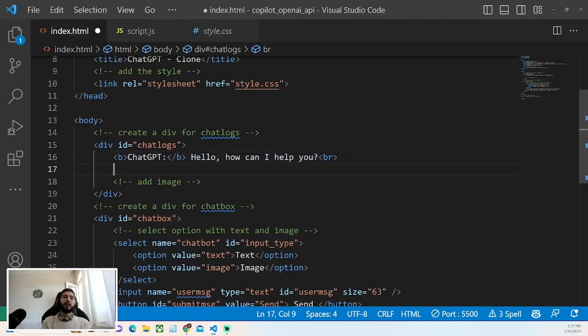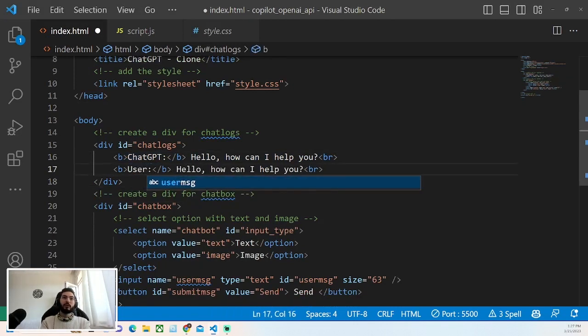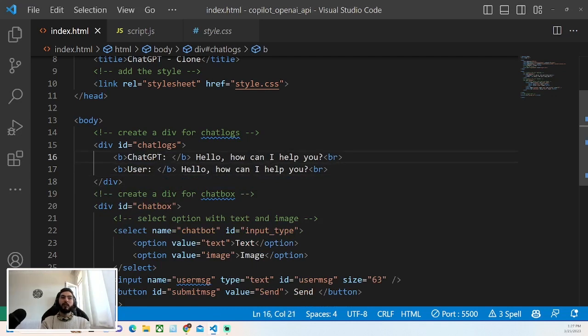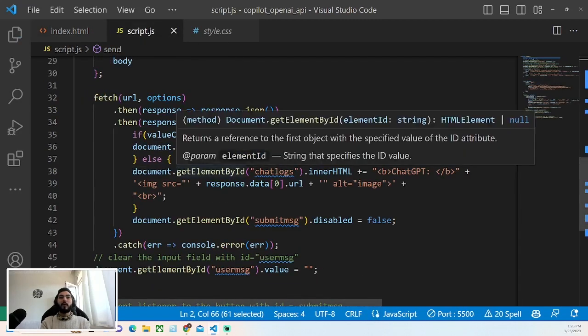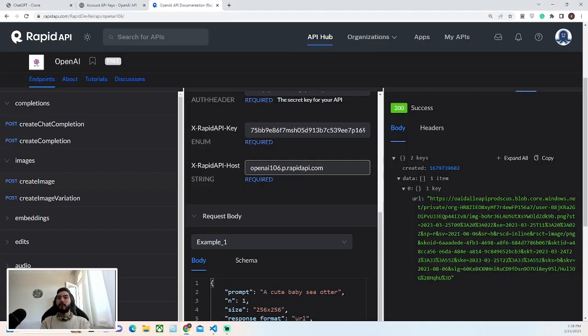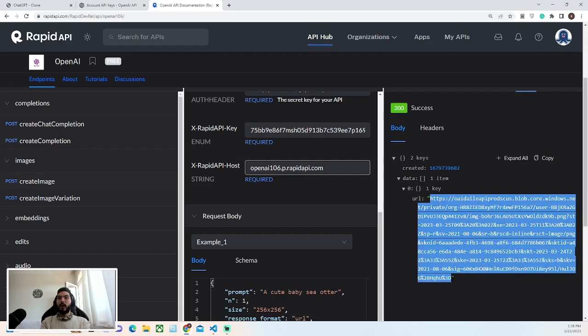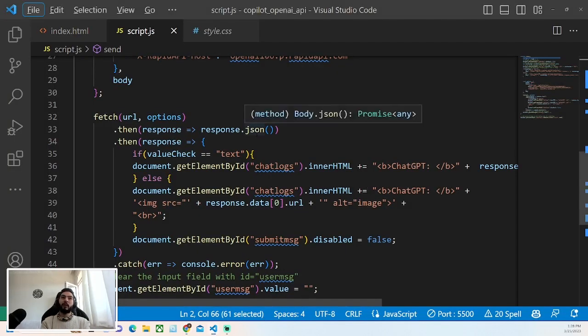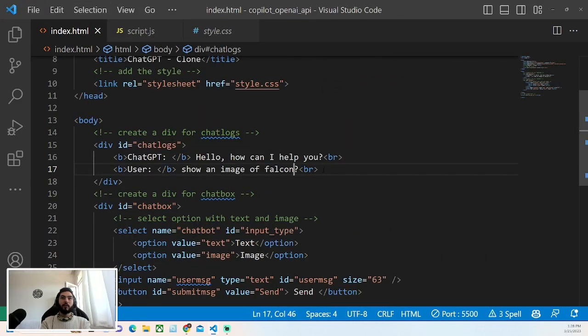I will copy this to make it much easier to show the result that we got. So here we have the user saying some information, and then let's say show an image of falcon, and then I will copy the same information that we get from ChatGPT to have it in a simpler way and being printed, so we can see the result that we can get directly. So here with the HTML,